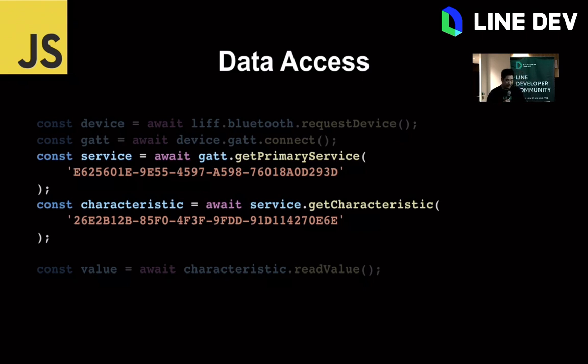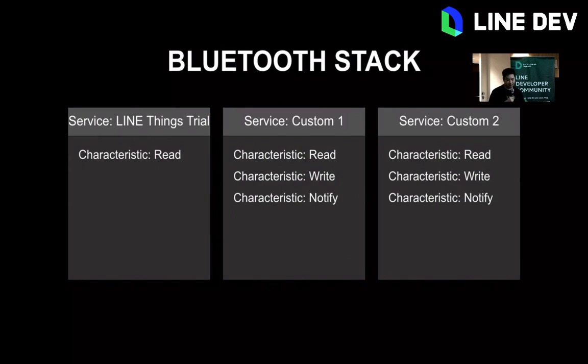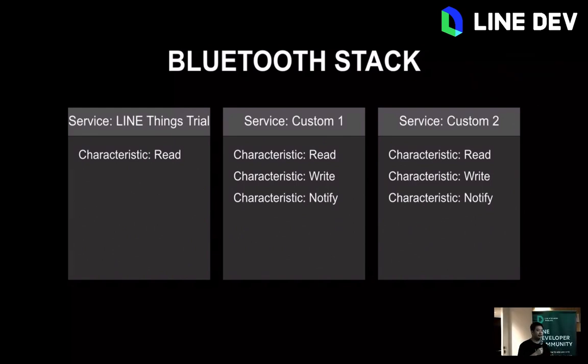To those of you who might not understand Bluetooth services and characteristics well enough, let me give you a quick explanation. Basically, services are for each purpose that you want your Bluetooth device to serve, such as, say, you have one device that can turn on the air conditioner and then turn on the fan. You would not want to share the same service together. You would have separate services. Each service can then have multiple characteristics.